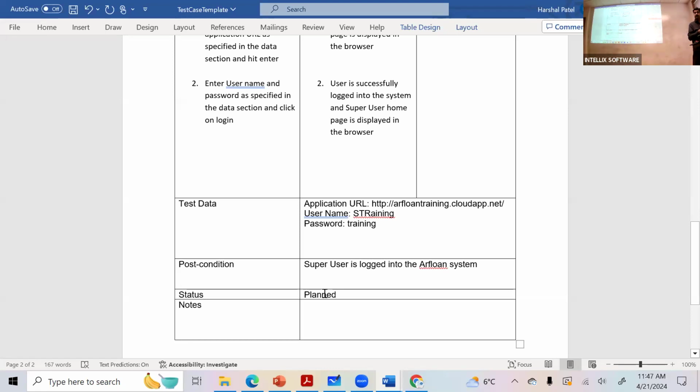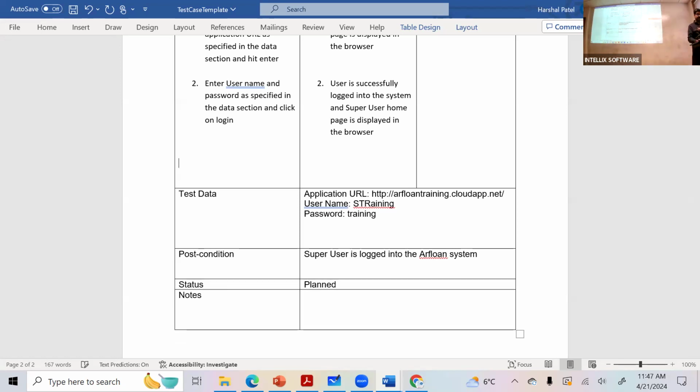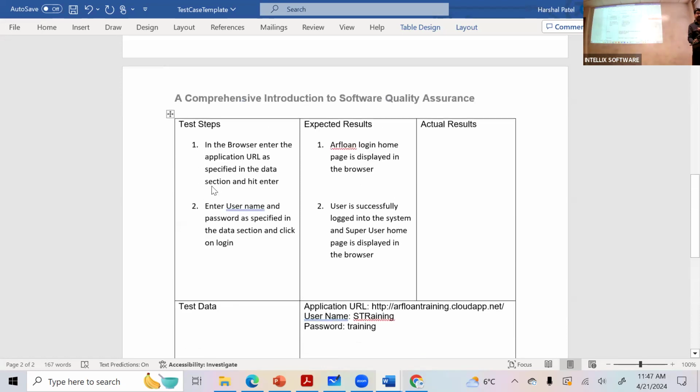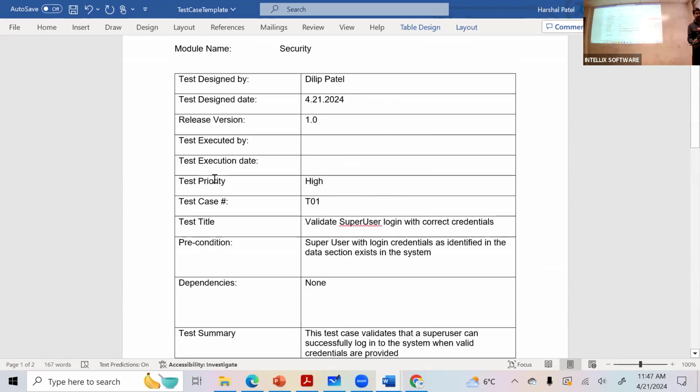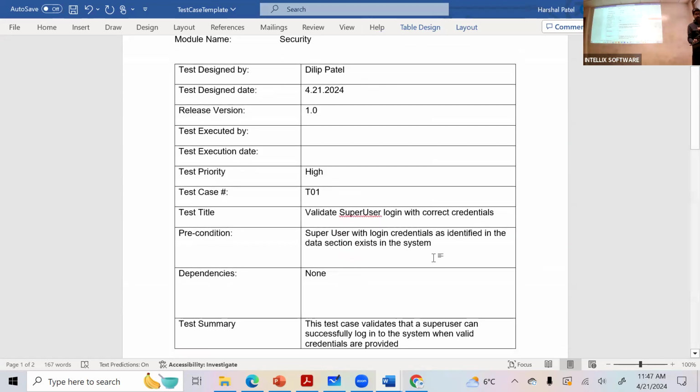Everybody good? Do you understand what I did? Okay. So I put all of the relevant information. Then I identified the title, identified the precondition, and put the dependencies.